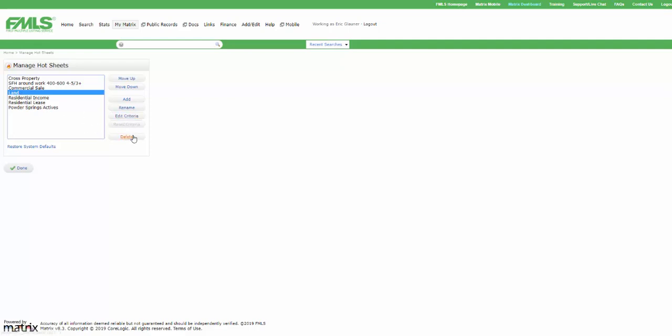So I can click delete with land selected. It's going to say, are you sure? I'm going to click OK. And now land is gone. So that can free up another slot, because remember, you only have 10 before add is going to gray out. So literally they could all 10 be different, unique residential hot sheets. Okay. So I've demonstrated 2 hot sheets, Powder Springs Actives and the single family home